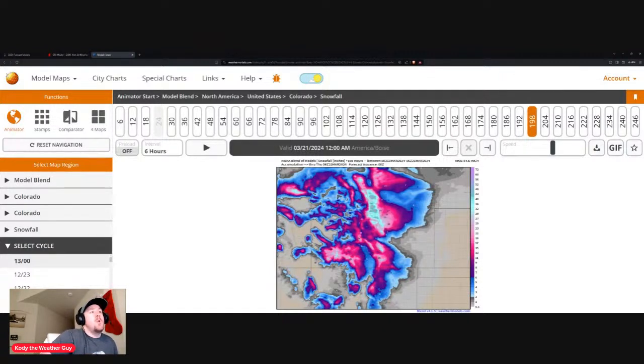So if you're in northern Colorado, below 6,000 feet, so Fort Collins, Loveland, Longmont, Greeley, getting up the I-76 corridor, the winds overnight Wednesday and into Thursday are going to really start cranking out of the north. And a northerly wind off of the Cheyenne Ridge is a downsloping wind. Downsloping is when you take wind or air and you push it off of a higher elevation or a mountain.